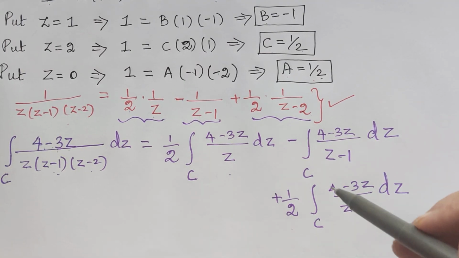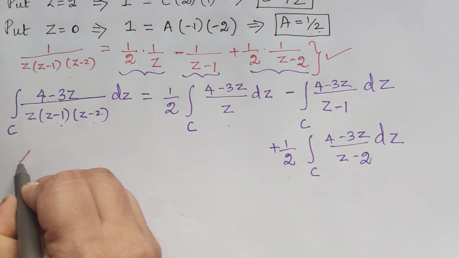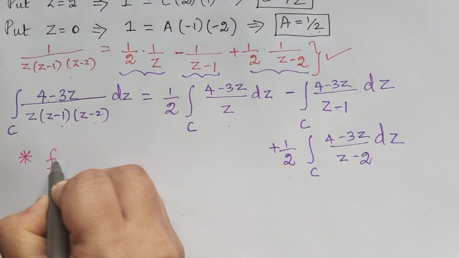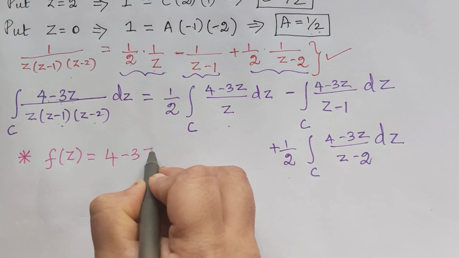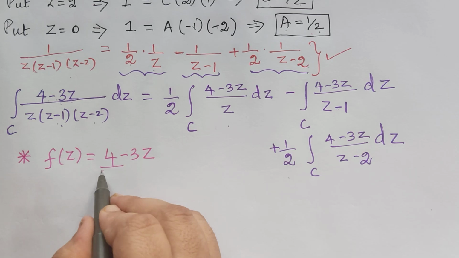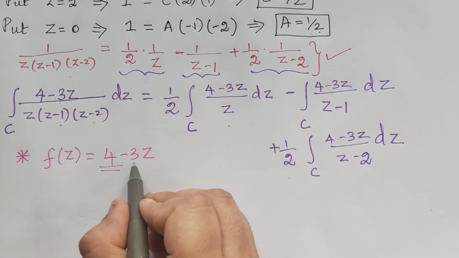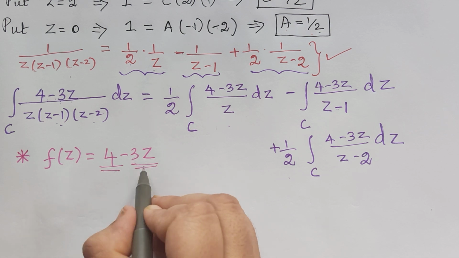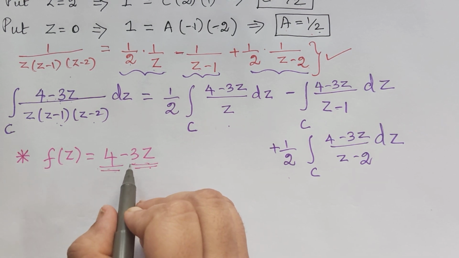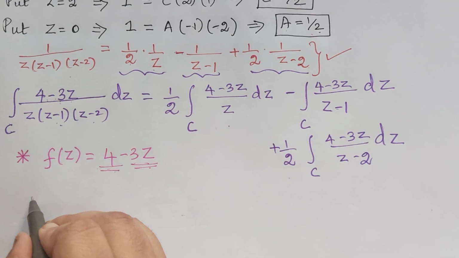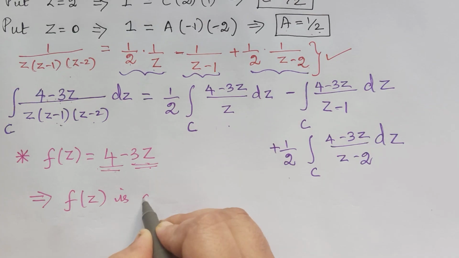So we will find one by one. In order to apply the Cauchy integral formula, first we have to check f of z. So what is f of z over here? F of z is 4 minus 3z. We know that a constant function is always analytic, and also the polynomial minus 3z is analytic, and the linear combination of these two will surely be analytic. Therefore, from this we say that f of z is analytic